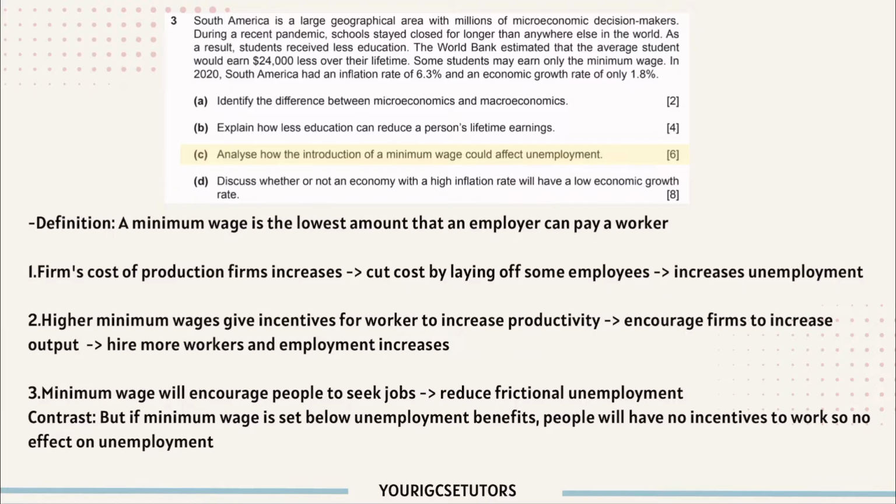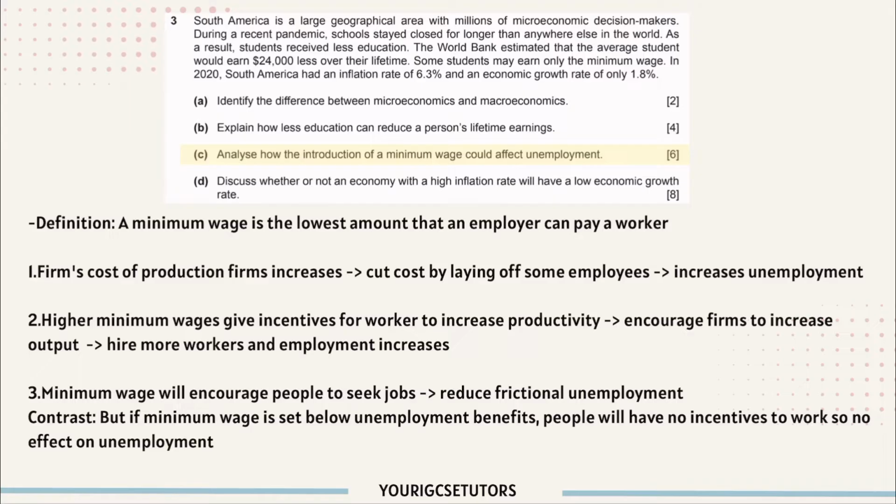And when the workers increase productivity, the firm wants to expand the business, so they will hire more workers and employment increases. And third, minimum wage will encourage people to seek jobs and reduce frictional unemployment. And you can give a contrast. However, if minimum wage is set below unemployment benefits, people will have no incentive to work, so no effect on